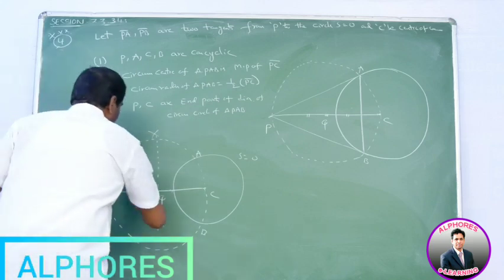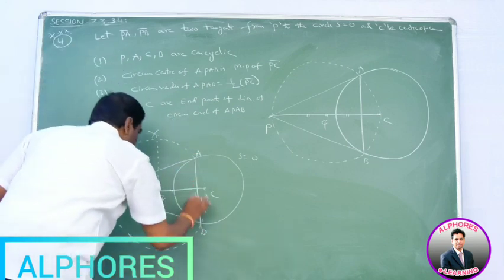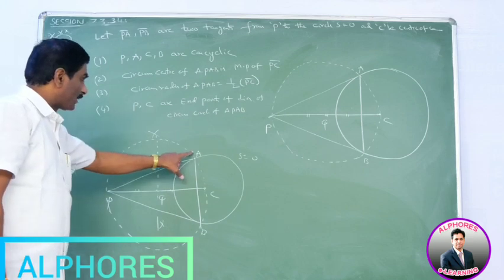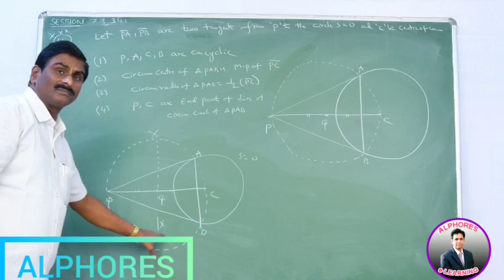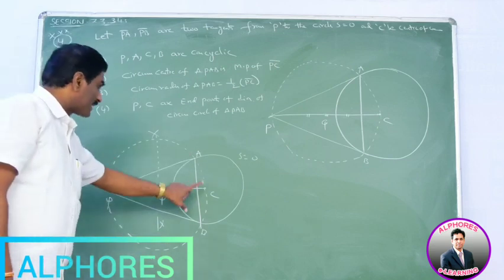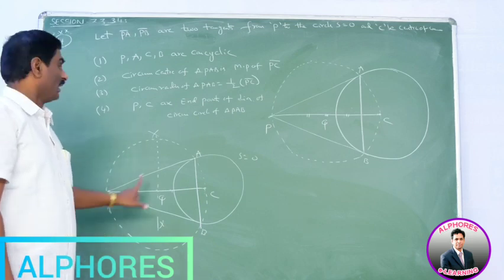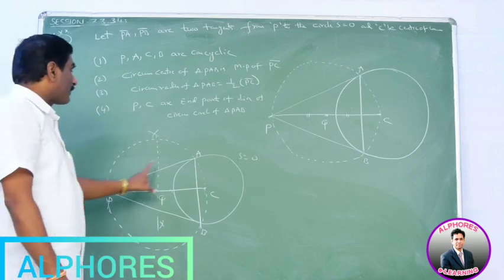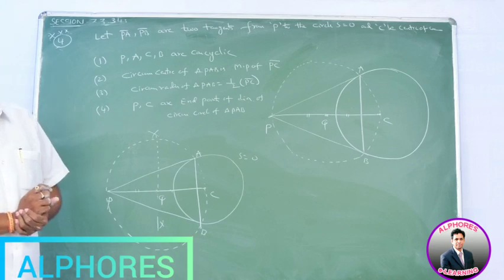Suppose we join PA, it is one of the tangents, PB, it is another tangent. AB is nothing but the chord of contact. Okay? Please observe these points. Here P, A, B and C, these 4 points lie on the same circle. That means P, A, C, B are concyclic. Here P is the exterior point with respect to the circle S is equal to 0, A, B are points of contact and C is the center of the given circle. Here P, A, C, B are concyclic. It is a very important point. Okay. Next.